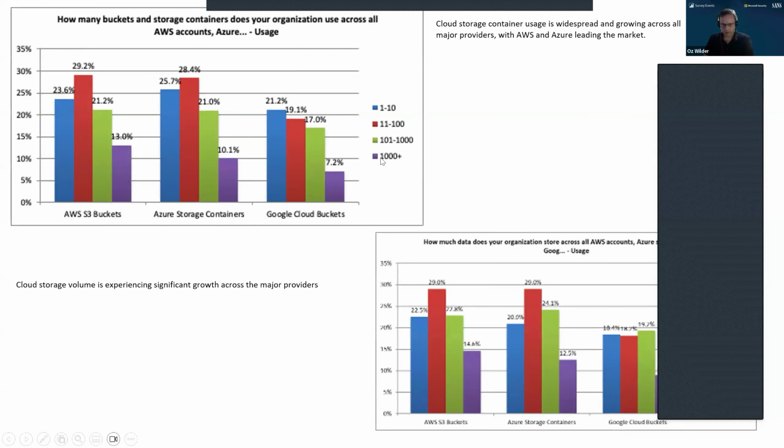So when we look at the survey results, we saw two interesting trends. The first one is that there are a lot of new storage accounts created by customers, and they also contain a lot of data. So a lot of data is being captured and maintained in those accounts. This requires special security attention, and we would like to explain why, what the risks are, and what should